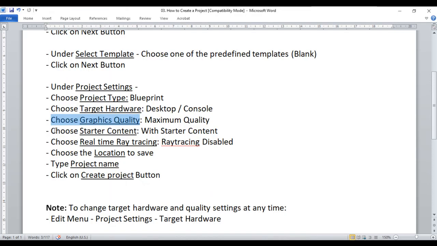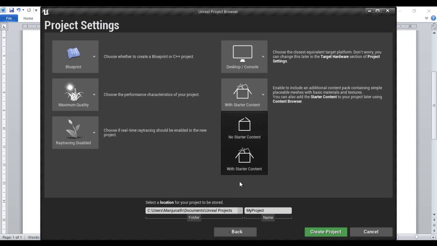Next, choose the starter content, whether starter content is to be added to the project or not. We have the with starter content and no starter content options here. It says: enable to include an additional content pack containing simple placeable meshes with basic materials and textures.